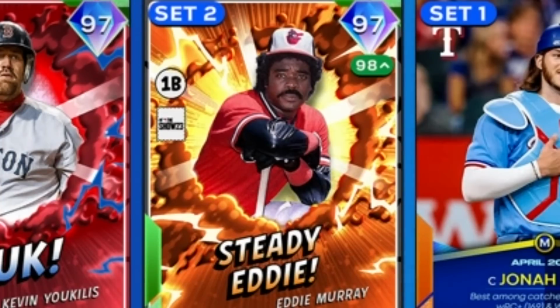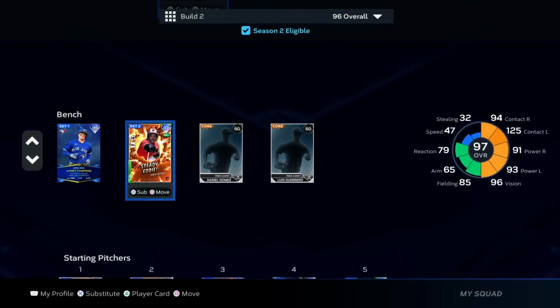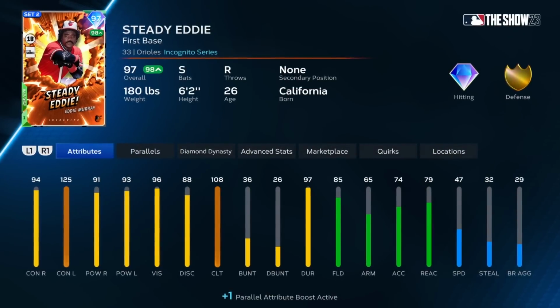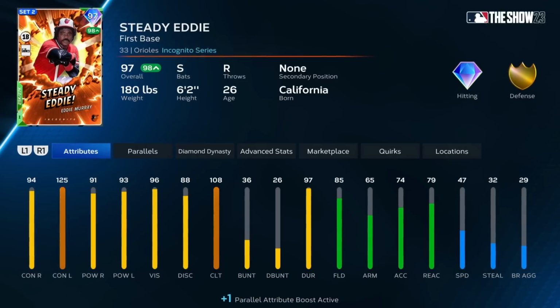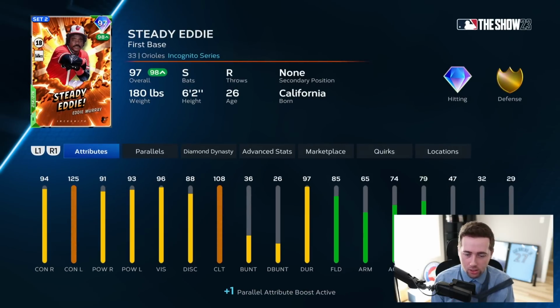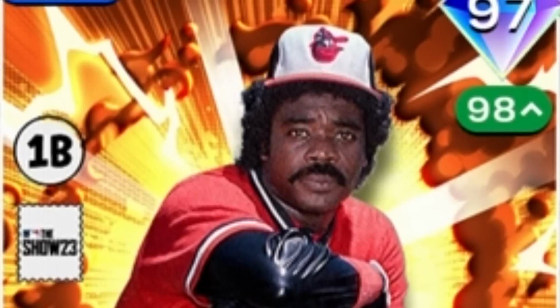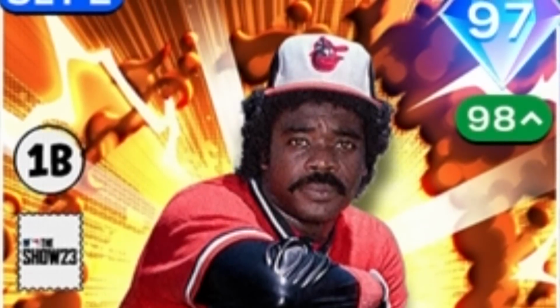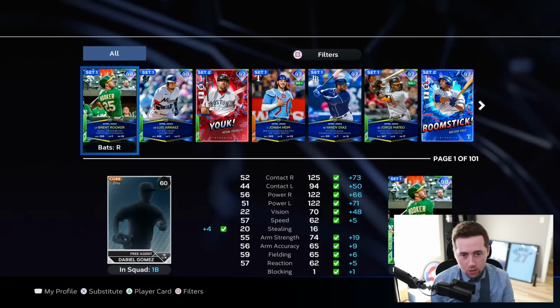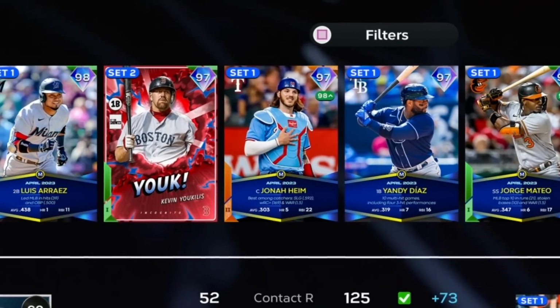The second bench spot. I want somebody who can play multiple positions, who can maybe get everything done. It is Eddie Murray. Eddie Murray, the number 4 guy on the bench, is here, and really, I just said utility guy. He cannot play anywhere else other than first, but my tie's falling apart. Switch hitting option in Eddie Murray will be here. Steady Eddie. There's only been one time where the number 1 has shown up, actually. So that's great. Number 10 is